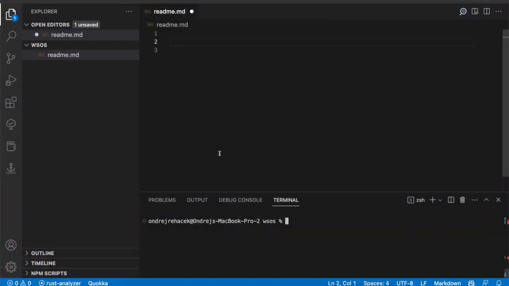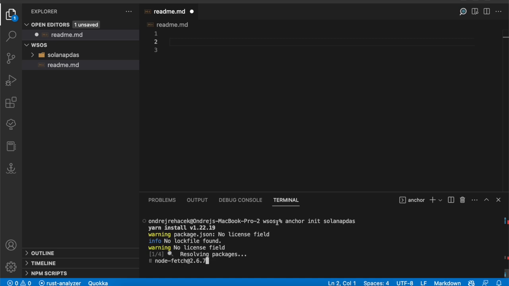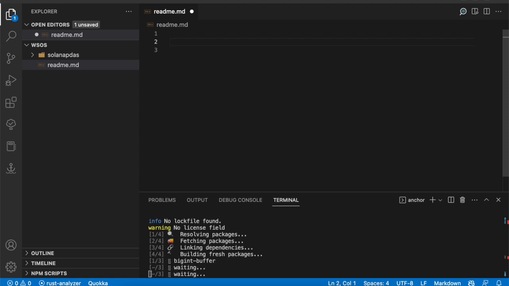Implementing our first Solana program that will be using PDAs. So the process to create a Solana Anchor program is pretty much the same as last week. So let's just start it with anchor init, and let's call it Solana PDAs. This will initialize a new project for us, and while the project's initializing, let's talk about what we are building today. So essentially we'll be having a really simple demo of how PDAs work,